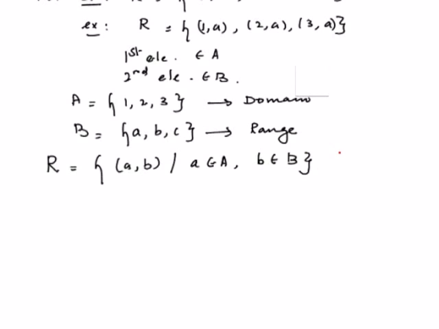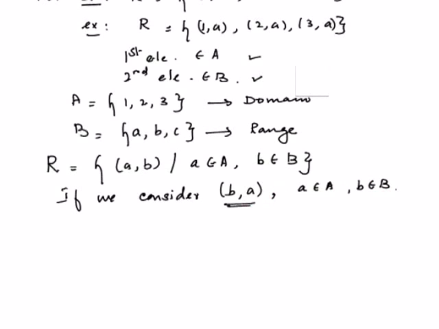If we consider the first element becoming the second element and the second element becoming the first element, then what will be the nature of the relation? It is the inverse relation. Now, here we have seen that the first element belongs to A and the second element belongs to B. But if we consider (b, a), of course, a belongs to A and b belongs to B.